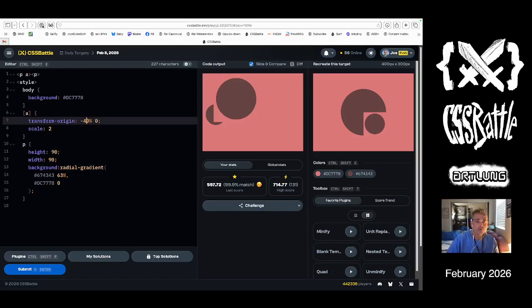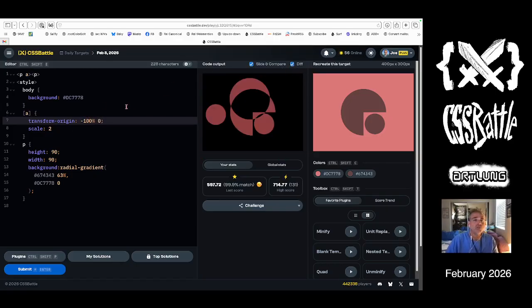Okay, so I'm using the same figure, and by adjusting the transform origin of the scale, I can do a little bit of interesting modifications. 110,